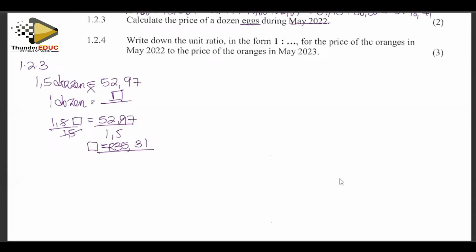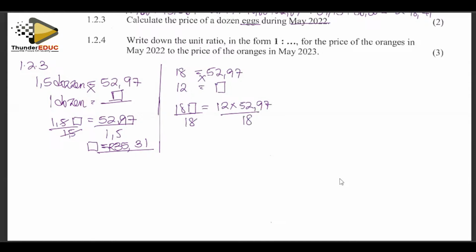All right. Someone would have said 1.5 dozens. These are 18 items. So if 18 items cost this much, what about if they are 12? What could be the answer? Same story. 18 into the box times 12 times 52.97. Because we want this side of the box, we divide through by 18. Divide through by 18. And the answer there became